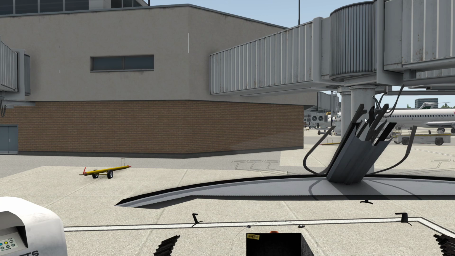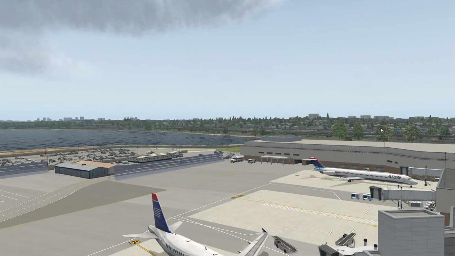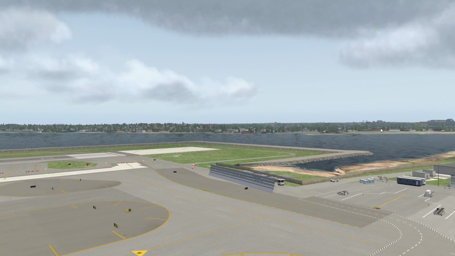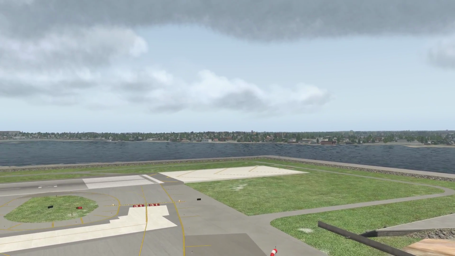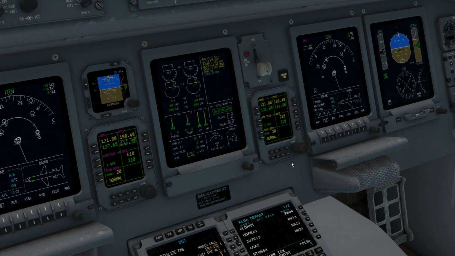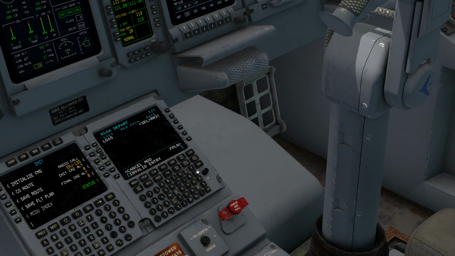Let's go ahead and take the free camera out. Whoa. Okay. Yeah, let's. Oh, wrong key. So we'll take off runway 31 there. Runway 31. I don't care about that. Let's go ahead and hit execute. And then